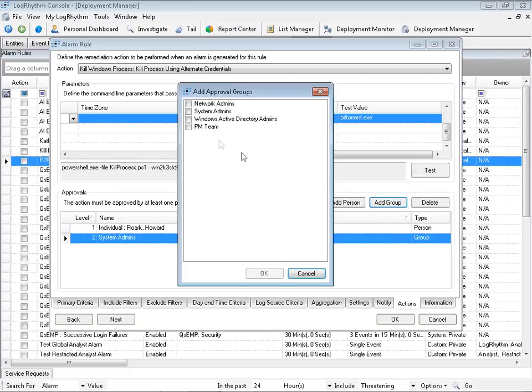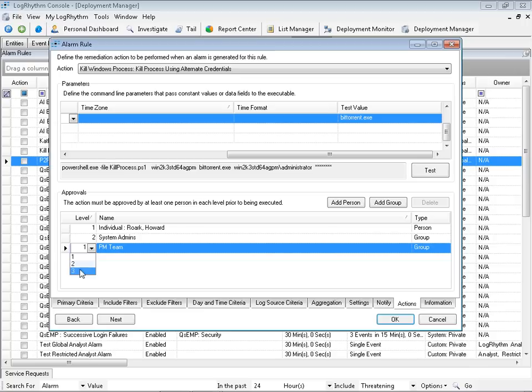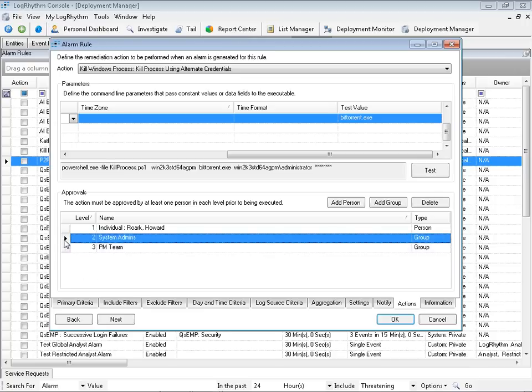I could go beyond that and add a third level. Maybe I also need a PM team. And I'm going to put them at level 3. So now I need Howard Rourke to approve it. Maybe he's a security analyst. Someone from System Admins and someone from the PM team to approve it